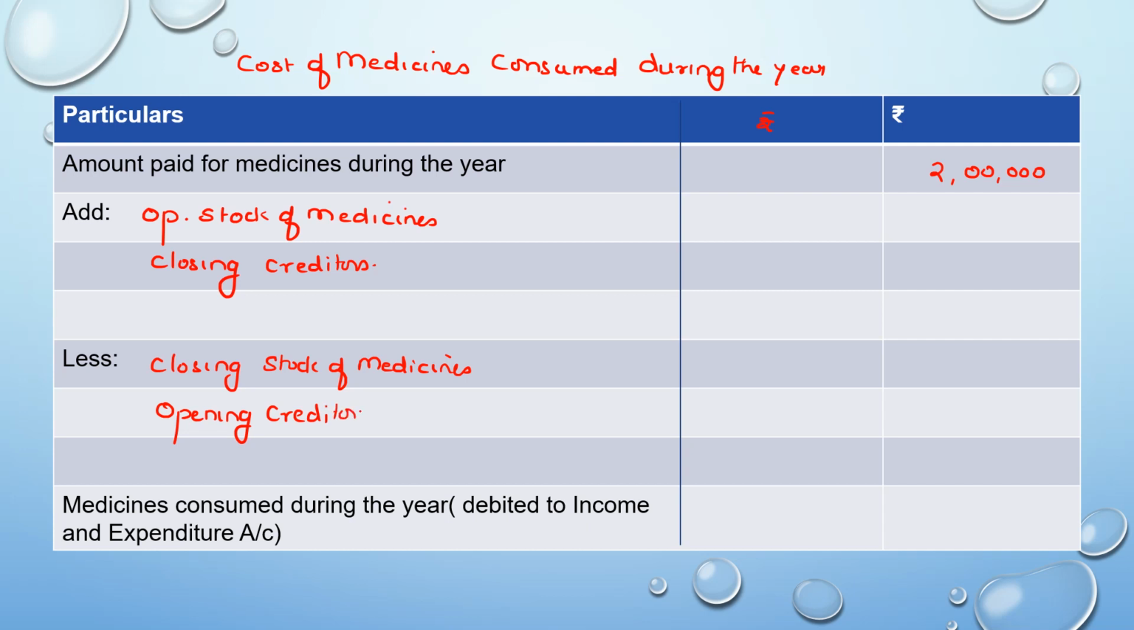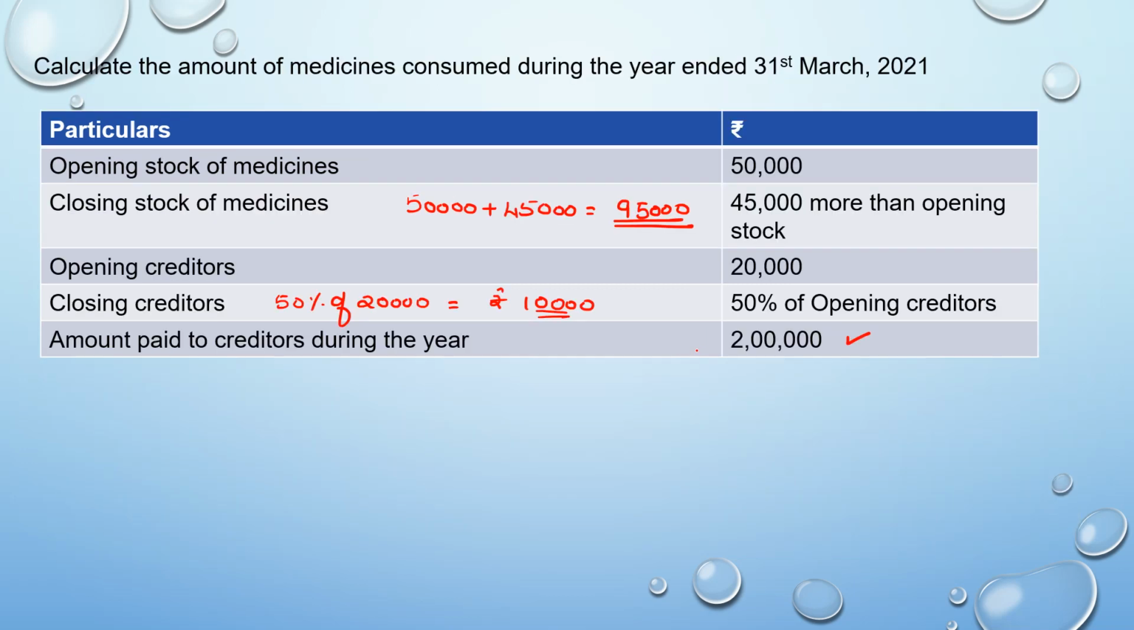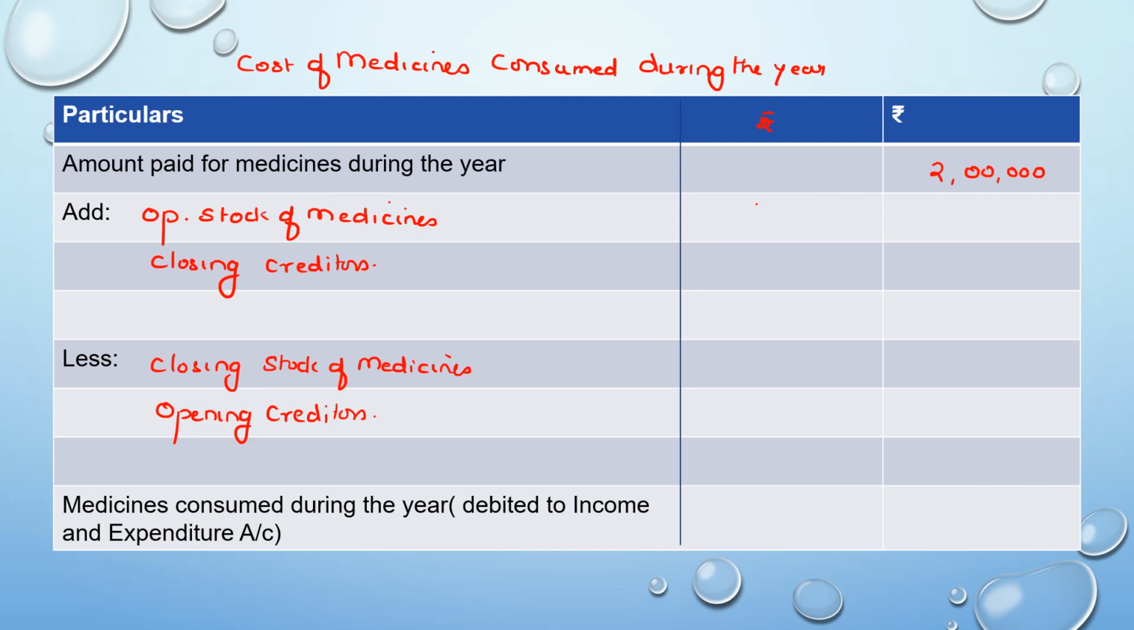Now we just have to incorporate these amounts there. So opening stock of medicine, if you see here, is 50, closing is 95. So 50,000 in the inner column, 95,000 here in the inner. Then we had opening creditors 20,000, closing creditors was 50% of it, so it was 10,000. So we just add these two together and write it in the outer column, 60,000. So we get the total as 2,60,000. Now we add these two together and get the total amount to be subtracted as